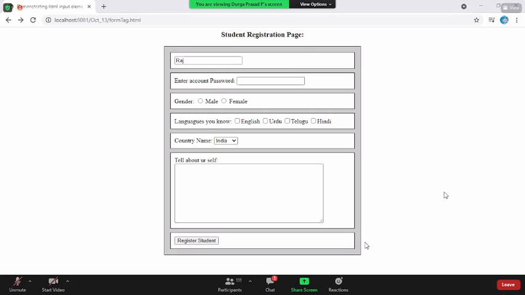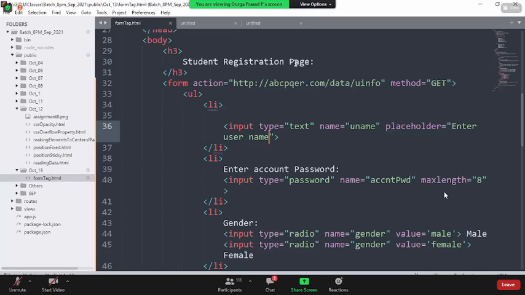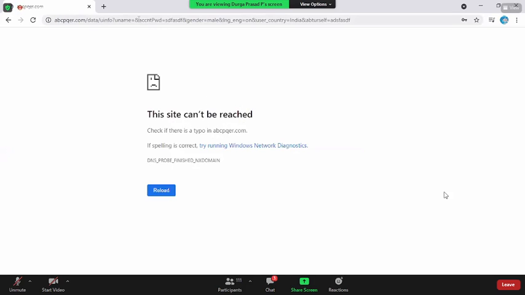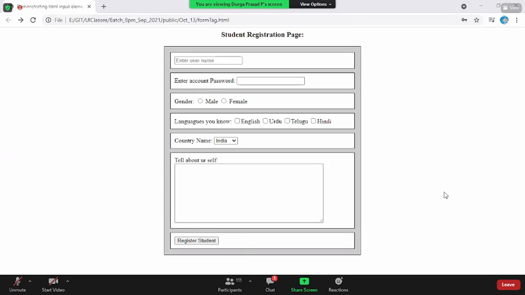Next. Okay. Okay, Prashant, how to make a field mandatory? That's a good question. So now if you see here, I say username is the one which I haven't given. Now I'm giving the password and I'm selecting every other thing. English, now I say hello. Now when I click on register student, you see here username is going empty. How do I make it a mandatory field?